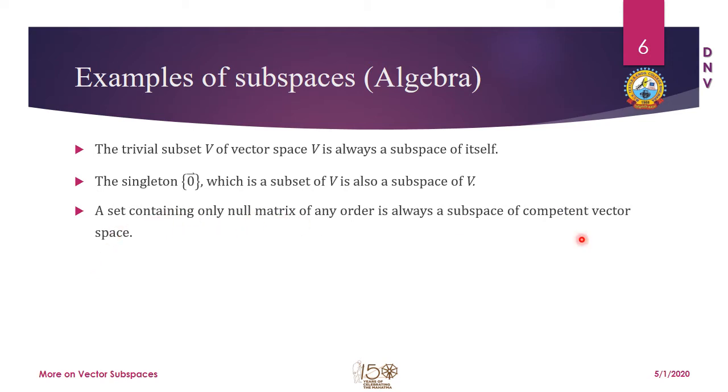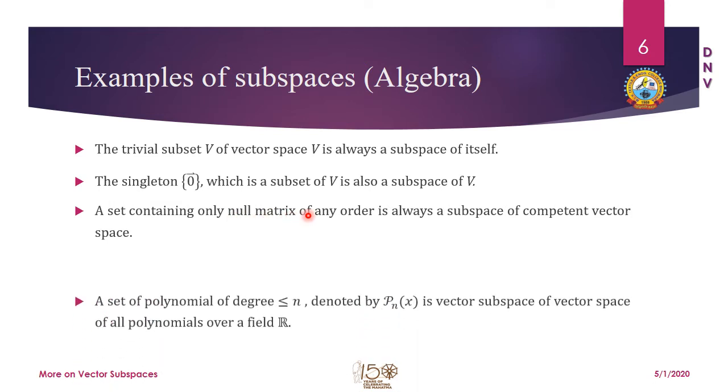So it may be a vector space containing more matrices, but the word "component" is specifically chosen. So the null matrix also satisfies all three criteria. The null matrix is a member of it. The sum of two null matrices is again a null matrix. And if I multiply a null matrix by a scalar, it makes no difference to it, and hence all three conditions are satisfied. So again, we can use common sense while proving that the set containing the null matrix is a subspace.